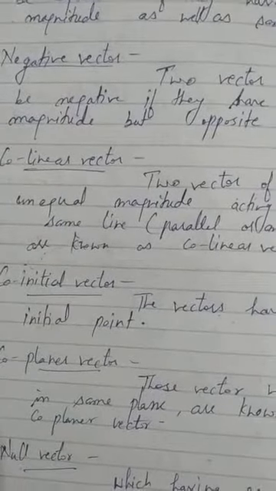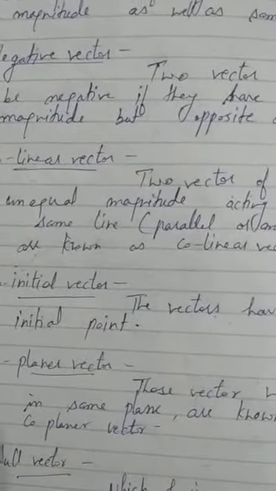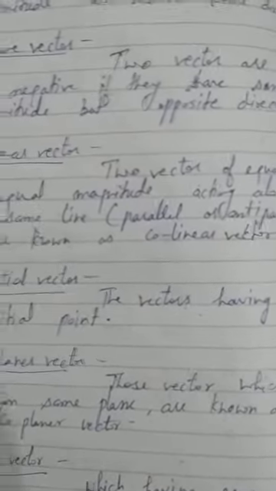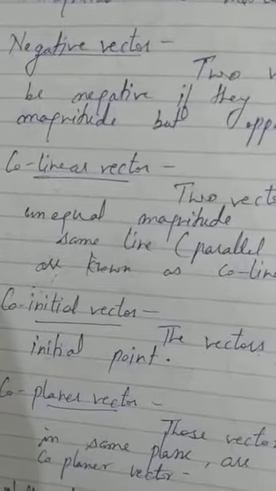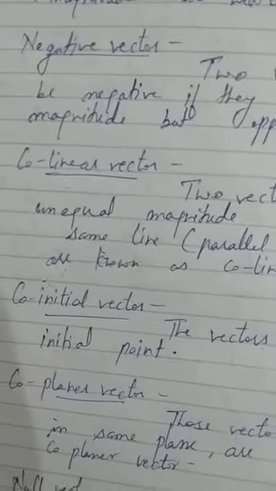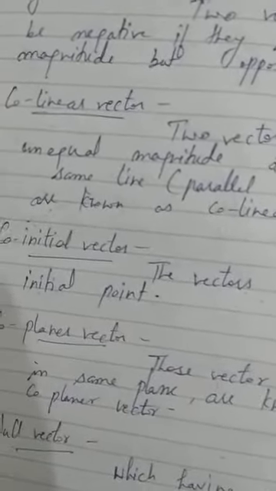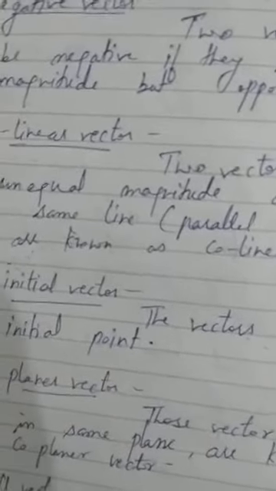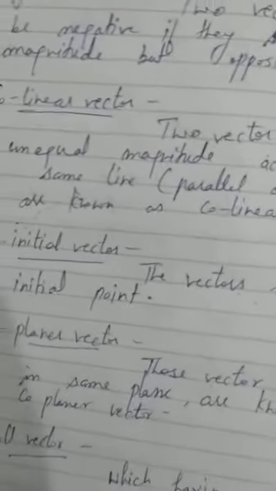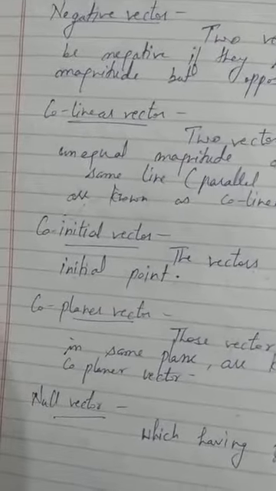Next term will be the geometrical form of vectors. According to the rules of geometry, how can we add, how can we subtract and how can we multiply two vectors with each other? There are different rules using geometry. And this topic we will do tomorrow. Up to this topic you have to complete in your notebook.